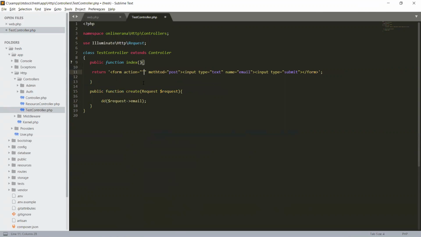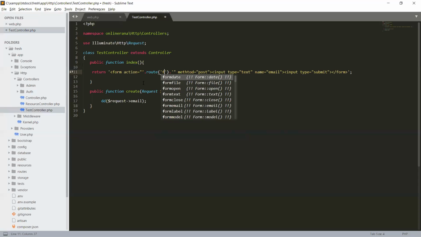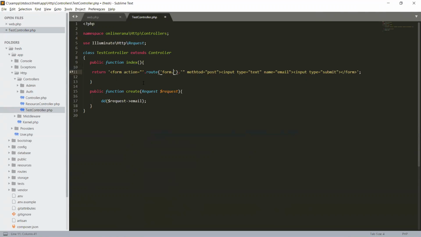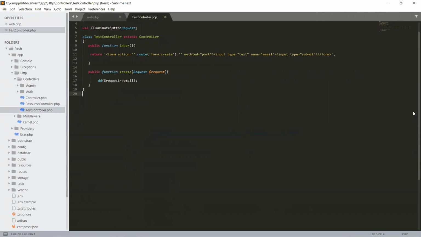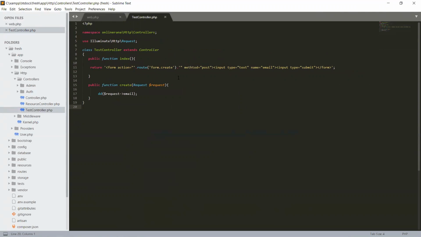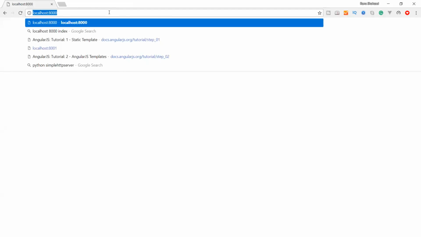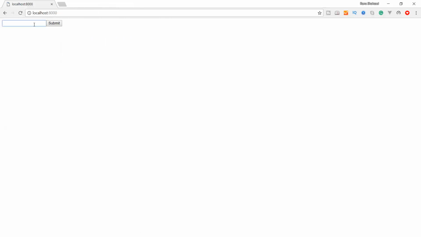And now define the route. Give the string, concatenate and give the route helper, and the route name is form dot create. So we can check it, form dot create, form dot create, and let's submit the form to form dot create, with the email shahzad at outlook.com. Submit,